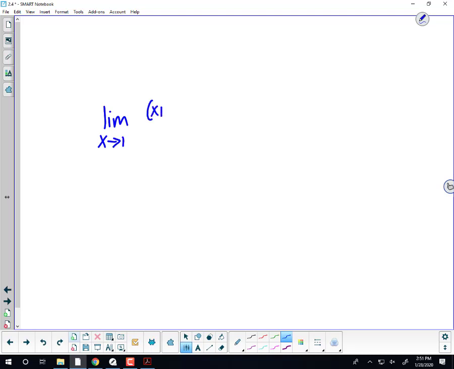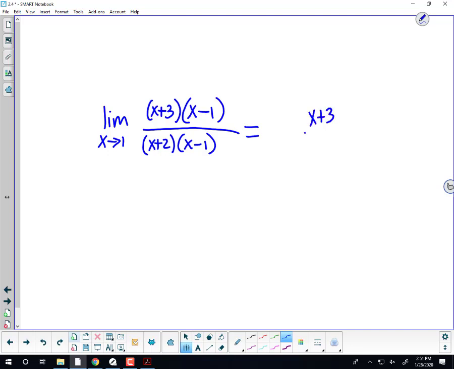If you have a limit like x plus 3 times x minus 1 over, let's say, x plus 2 times x minus 1, and this is something in your work, and then you say that this is equal to this, and that's equal to this,